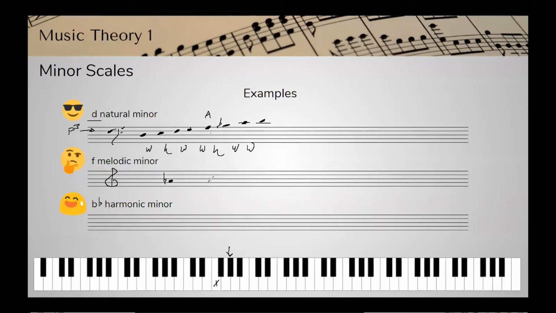And I can write this using a major scale, right? So if I just write the notes of the major scale, my next note would be B flat. Note after that would be C. And then I could do D flat and E flat. And I know that this needs to end on F, so I could do F there. So that's the top part of my scale. Now I want to go back and start this on its actual start, which is a third below that A flat. So you could start here. All right, so I've written an F natural minor scale, but what I really need is an F melodic minor